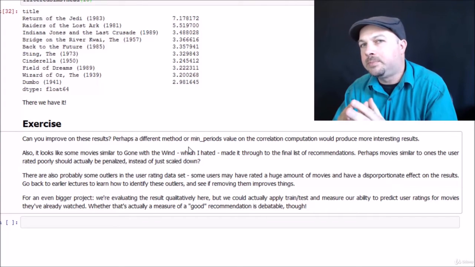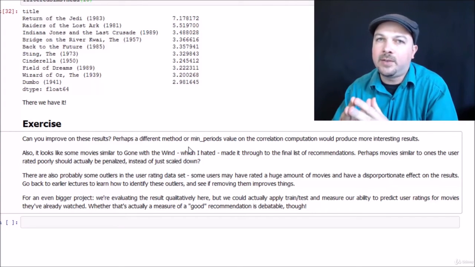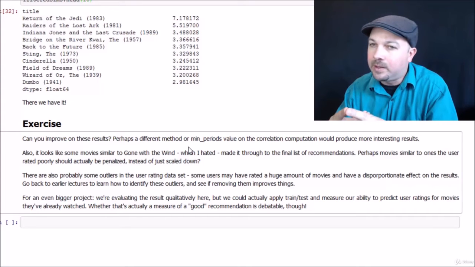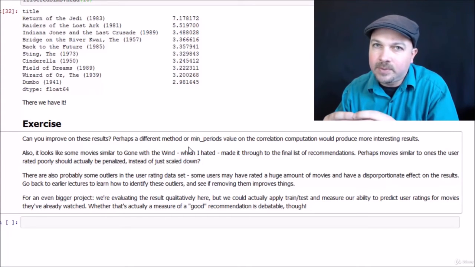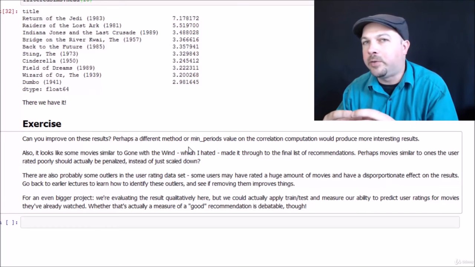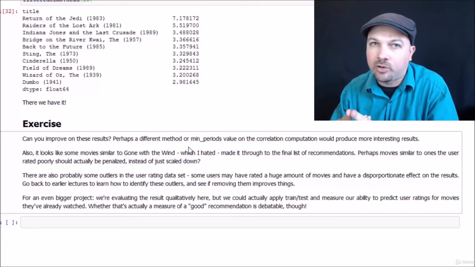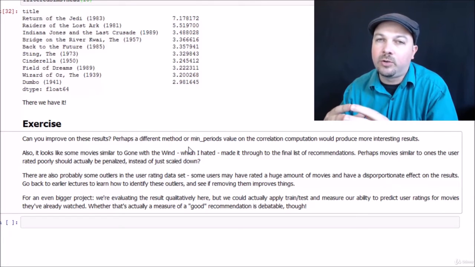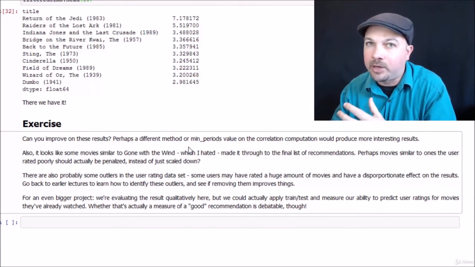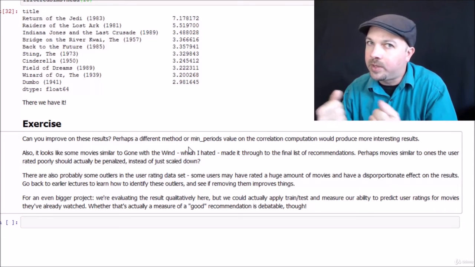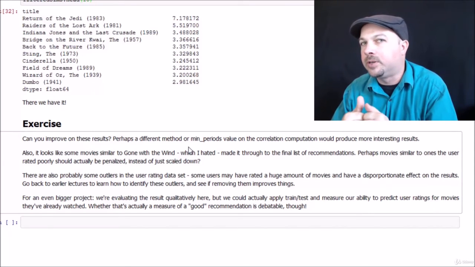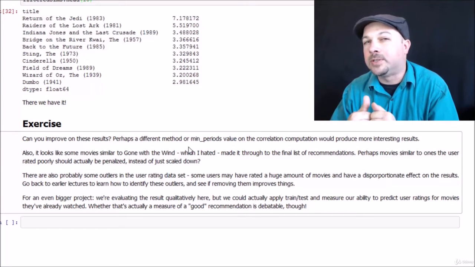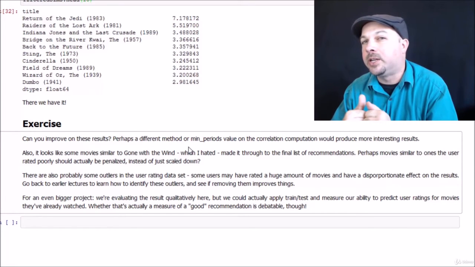But again, there's a little bit more of an art than a science to this. Even though the Netflix prize actually used that error metric called root mean squared error, to be particular, is that really a measure of a good recommender system? Basically, you're measuring the ability of your recommender system to predict the ratings of movies that a person already watched. But isn't the purpose of a recommender engine to recommend movies that a person hasn't watched that they might enjoy? Those are two different things. So unfortunately, it's not very easy to measure the thing you really want to be measuring. So sometimes you do kind of have to go with your gut instinct.